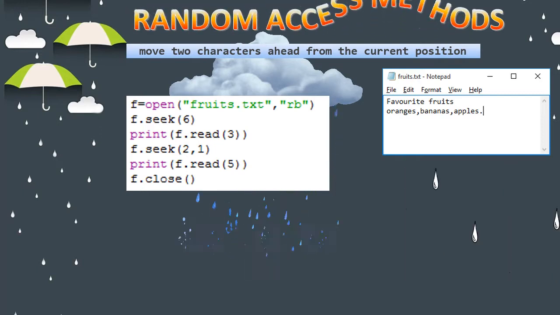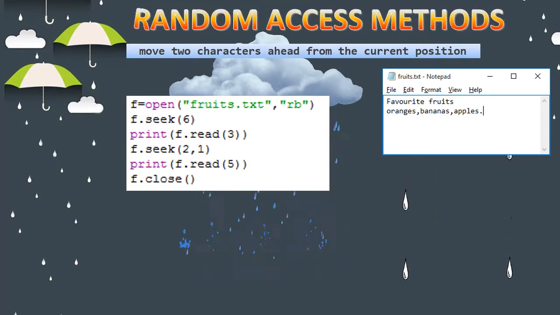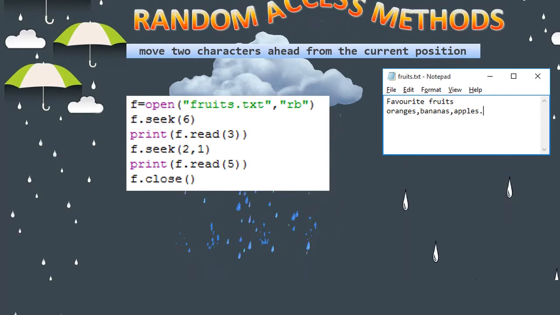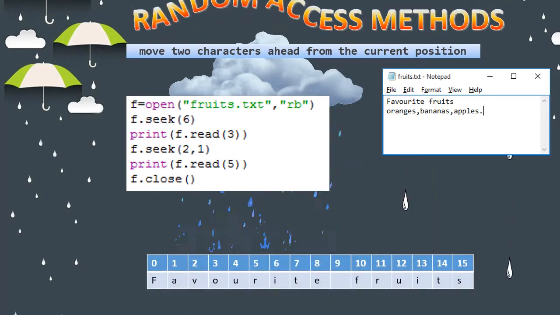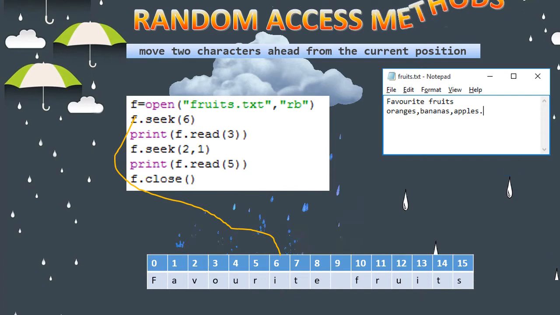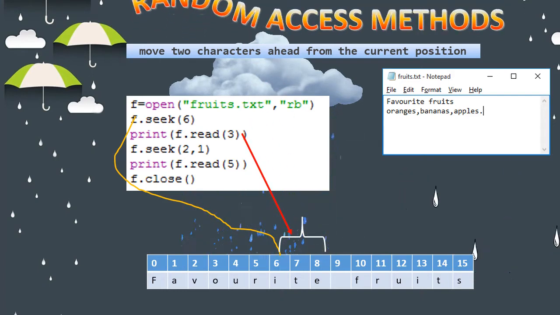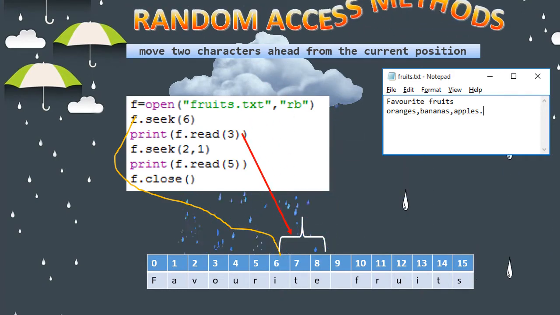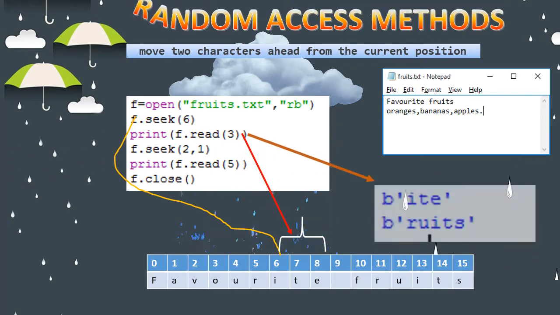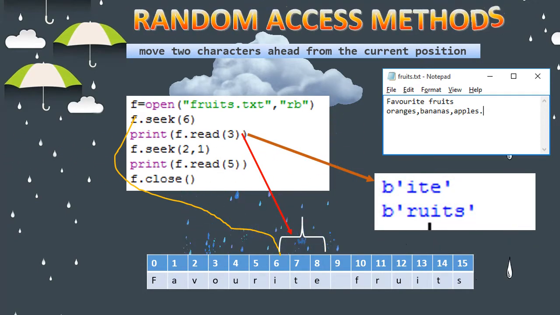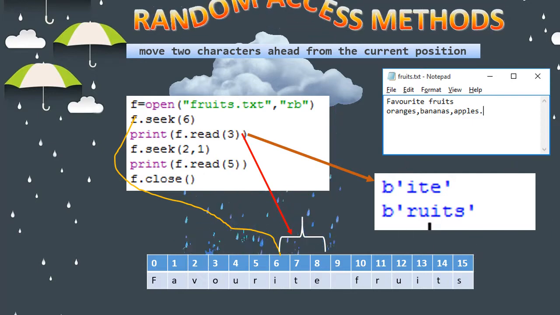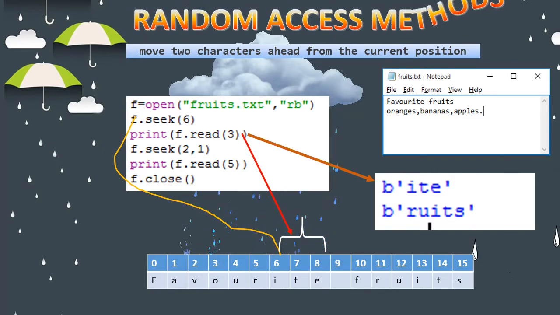With f dot seek of 6 we point to position 6 and read 3 characters. So ite is printed. Now, you notice that the pointer position is 8.